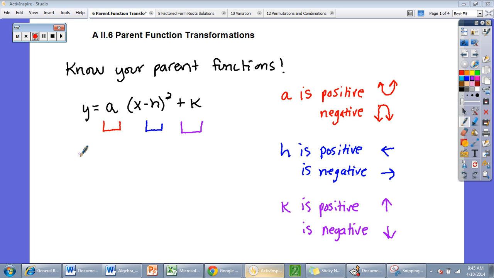This video is to review parent graph transformations. I've written out some key things here that you should pay attention to. You really need to know your parent graph functions, and I reviewed that in one of the other videos. What I mean by that is you need to recognize the shapes, and you also need to know their equations. I'm using the quadratic equation here to illustrate the patterns, but this pattern works for all of the different